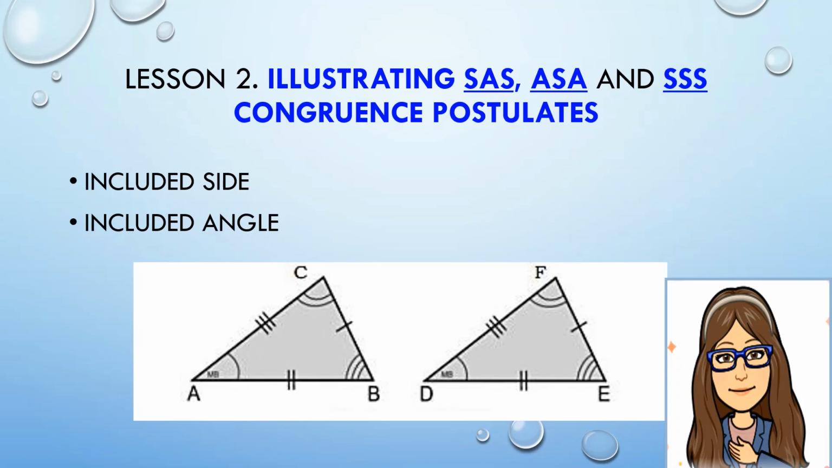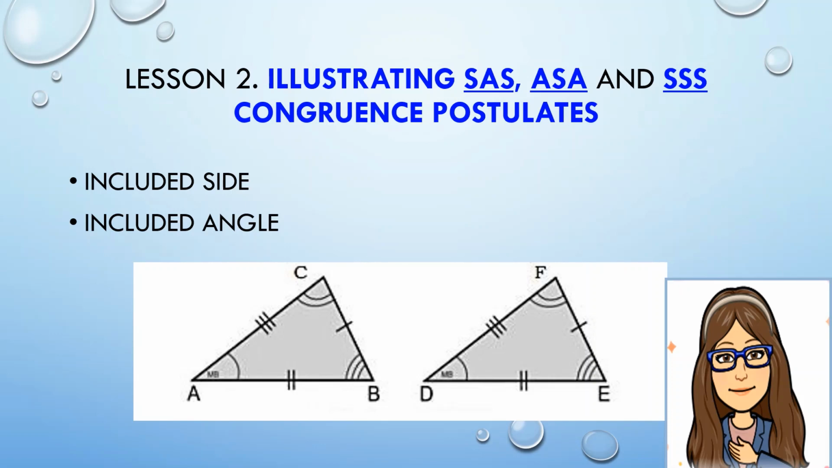The angle with one tick mark, angle D, is the included angle of segment DF and segment DE. The angle with two tick marks, angle F, is the included angle of segment DF and segment EF. While the angle with three tick marks, angle E, is the included angle of segment EF and segment ED. I hope this concept is clear to you, because this will be used when we work on SAS, ASA, and